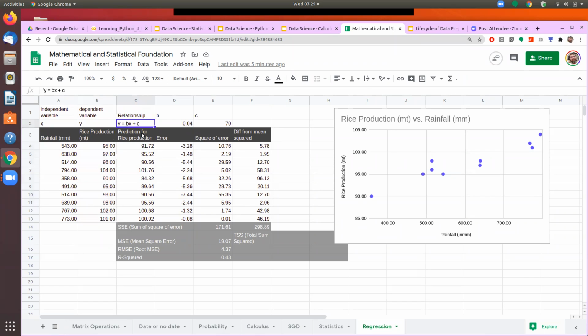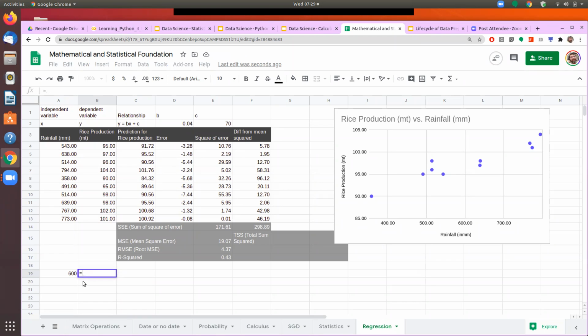So there are two factors. One is the impact of the rainfall, and the second is how much I would be able to produce even without the rainfall. These are the two variables which go into determining the rice production, and we make an estimation based on this formula. This formula becomes my estimator. And how shall we do that? Suppose next year we come to know that the rainfall is 600 for the current year, then we need to make a prediction of how much the likely rice production is going to be.